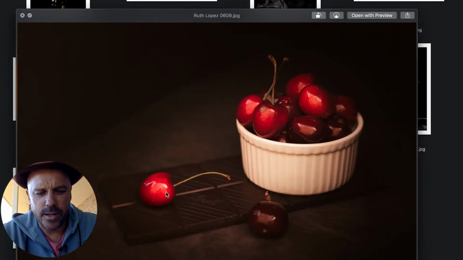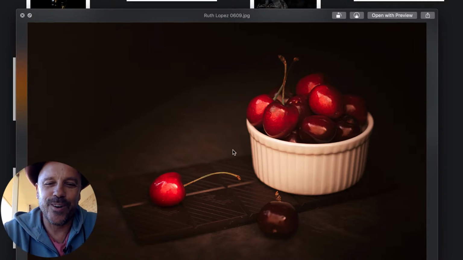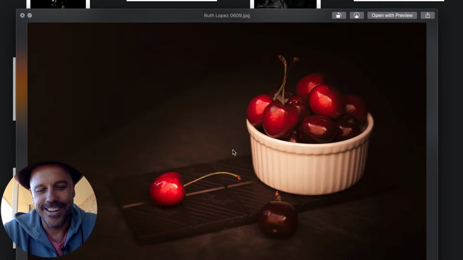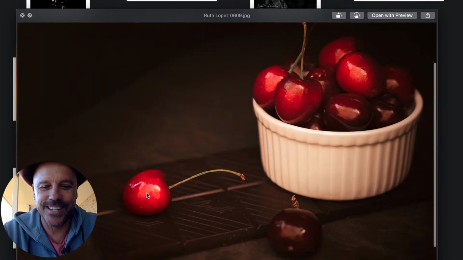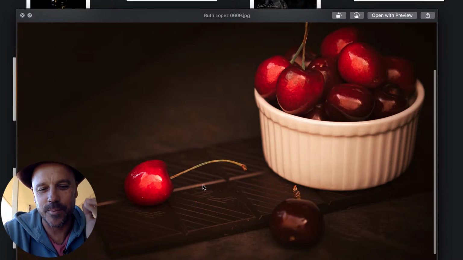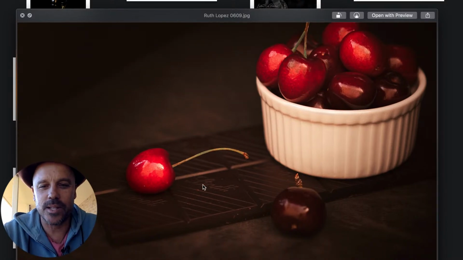Ruth, I've got to showcase your image here. This is chocolate and, what are those? My brain's not working again. What? I don't know. Fruit. We'll call them fruit, but yeah. Never mind. You guys comment on the side. Tell me what they are. But plums? No. Yeah. Anyway,